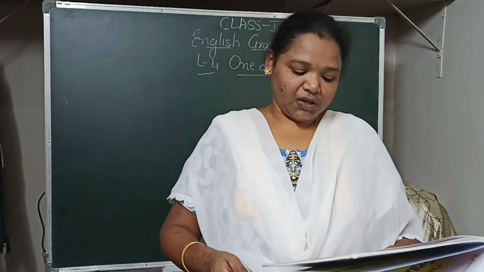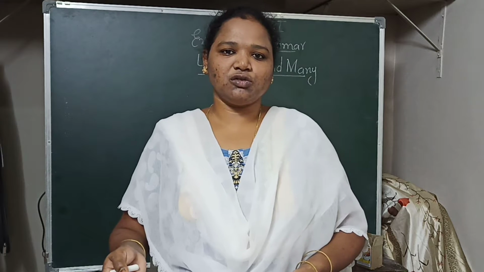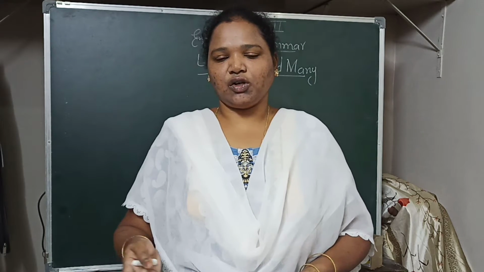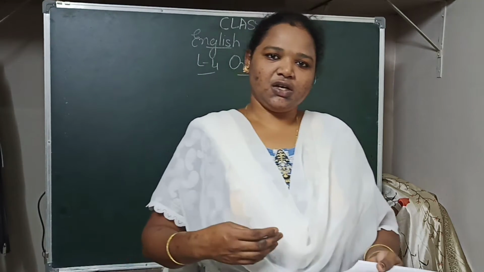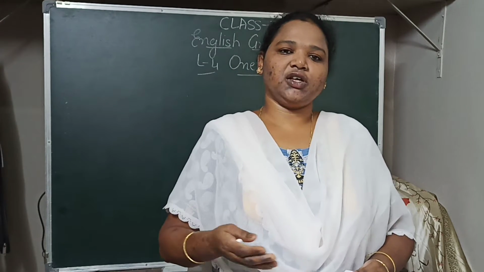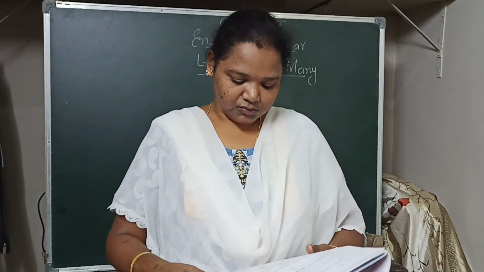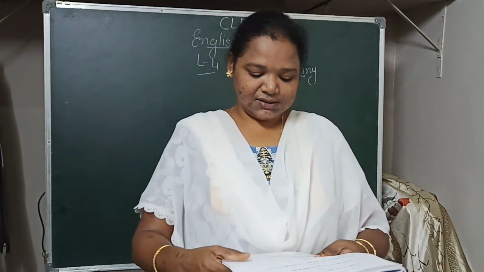So first one, we have to use the nouns which we see in our classroom or whatever you see at your home also. You can use those nouns also, whatever you see around your house. Okay. So as you are not in your classes, you can use the nouns whatever you see in your house. So first one they have done for us. First one is, this is a desk. These are desks. So singular and plural form they have written. Desk, desks. The second one, this is a